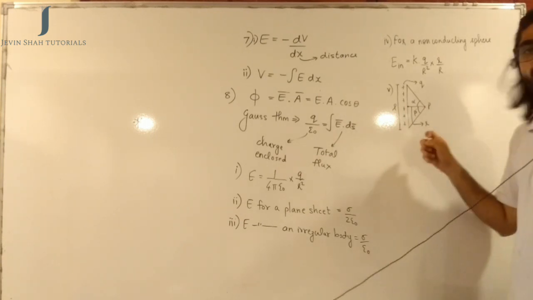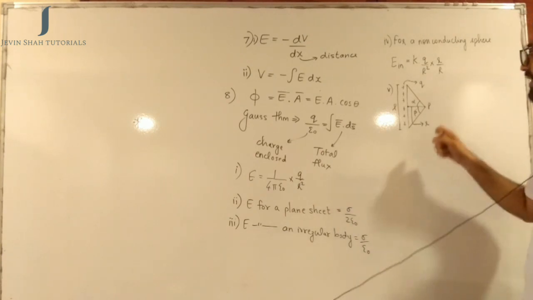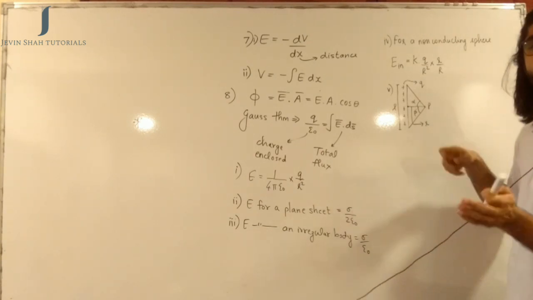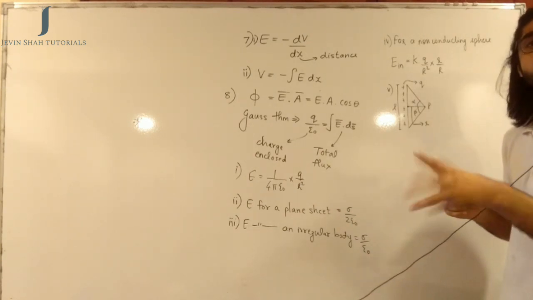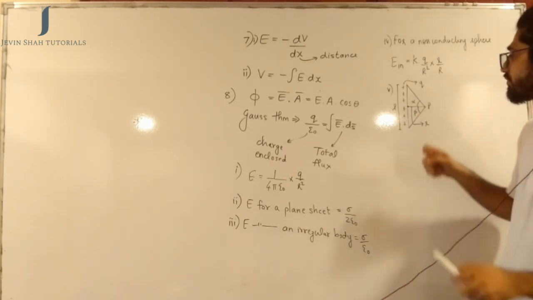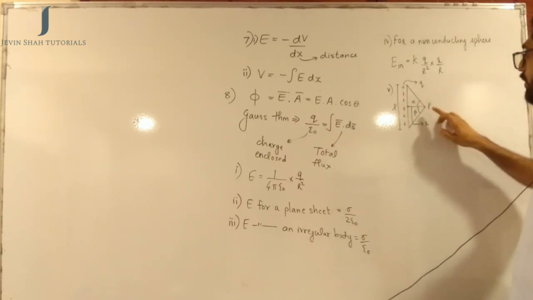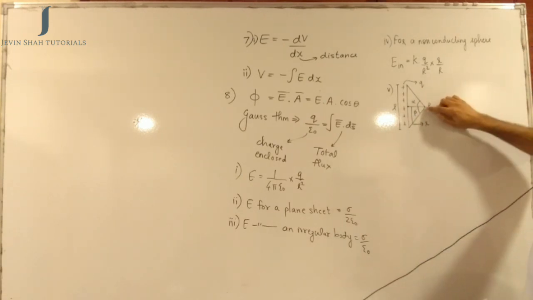This figure is what you need to keep in mind, because when the question comes in JEE Mains, they might not give you exactly the same figure. They might twist the question in such a way that the figure will be a little tilted version of this. So now what you need to understand over here is, at the point P you are trying to find the electric field intensity E.